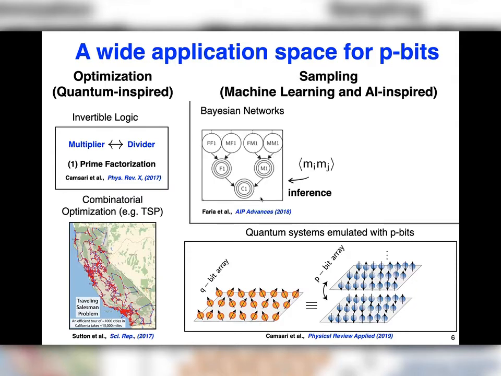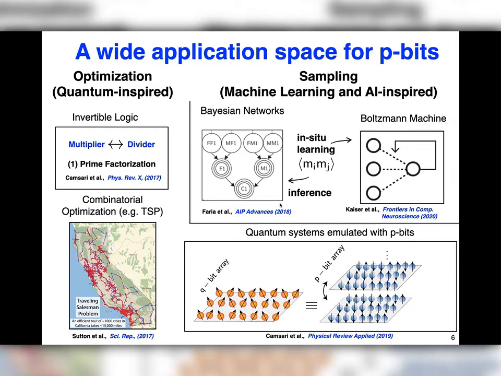And there are Bayesian networks in machine learning and AI, very briefly, where you have these probabilistic networks where there is this causality or this hierarchy of nodes which probabilistically affect their children. And it turns out inferencing, or really figuring out what this circuit is trying to tell you, is a computationally difficult problem, which can also benefit from hardware acceleration from p-bits. And in machine learning, there's the related, much more difficult problem of learning, and that's also a natural application space for p-bits. Okay, this is this very deep area of Boltzmann machines and how you learn a Boltzmann machine using p-bits.